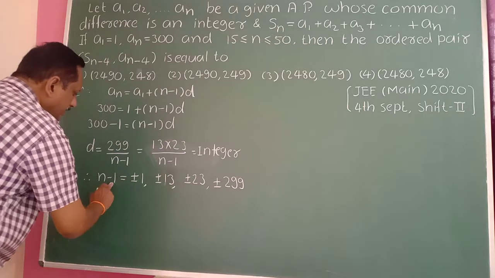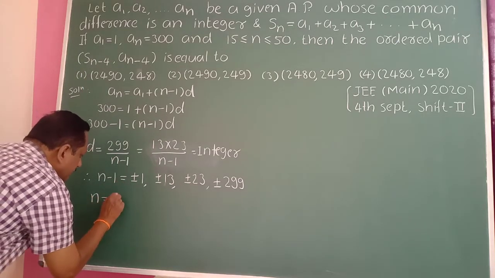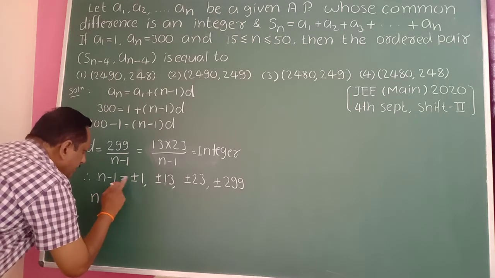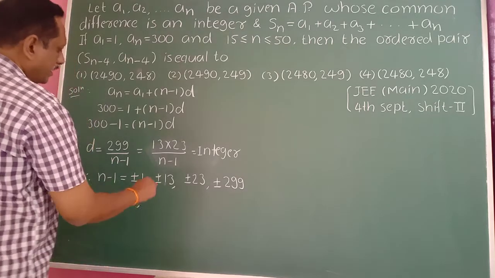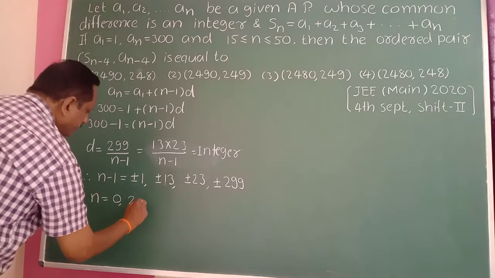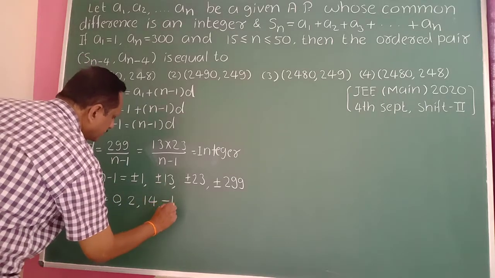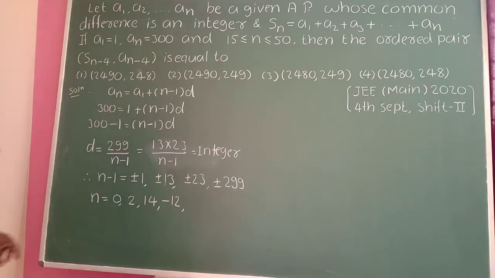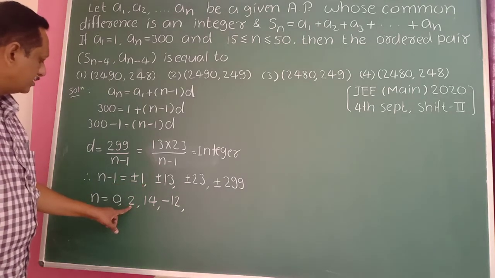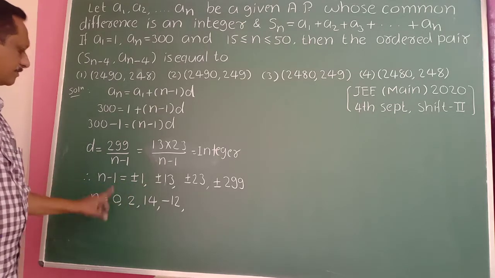If you take minus 1 to the right hand side, what happens here? 1 minus 1 becomes 0, or minus 1 plus 1 becomes 2. And take 1 this side here. 13 plus 1 becomes 14 here. So 14 minus 13 plus 1 gives minus 12 here. Minus 12. Okay? Here take minus 1 this side. 1 plus 1 is 2. Or 1 minus 1 becomes plus 1 here. Minus 1 plus 1 becomes 0.